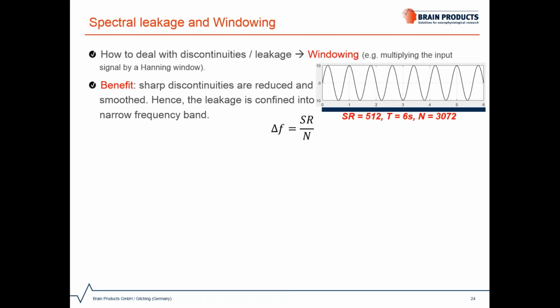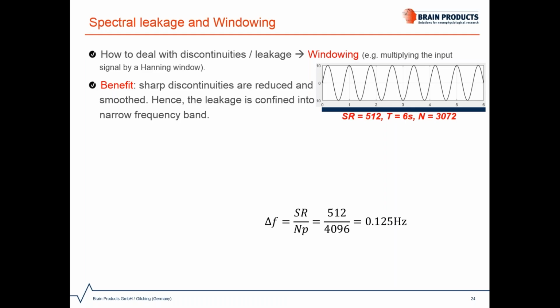So we should keep in mind the quasi-stationarity concept that we have discussed. In this example, since it's a pure sine wave, it will still be stationary. So in these 6 seconds, we have 3072 data points. But as you might have already noticed, it's not a power of 2. So internally, zero padding will be performed and we get 4096 points, resulting in a resolution of 0.125, which is